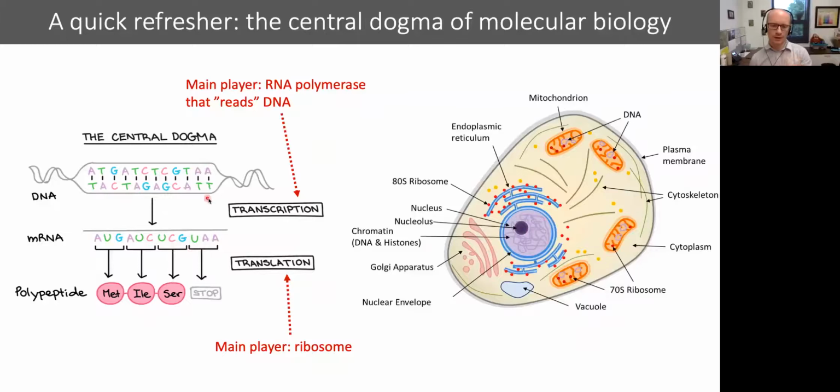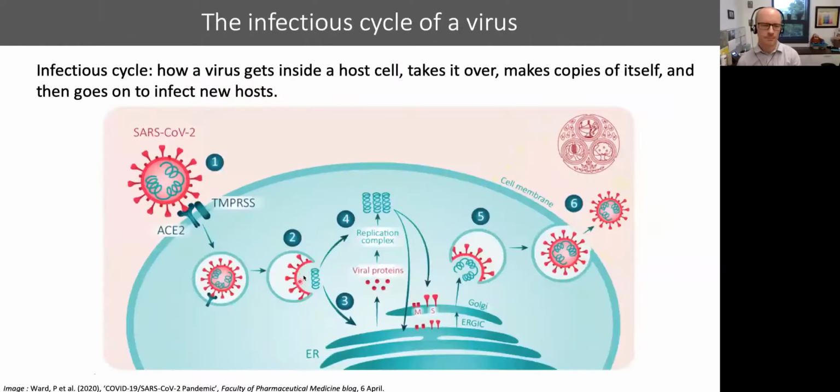The big point in how this relates to viruses is that in many ways translation is the central process that the viruses are, quote unquote, stealing from the cell. They're going to make the cell's ribosomes translate viral proteins instead of making cell proteins. Okay, so with that background, let's move on to discussing the infectious cycle.